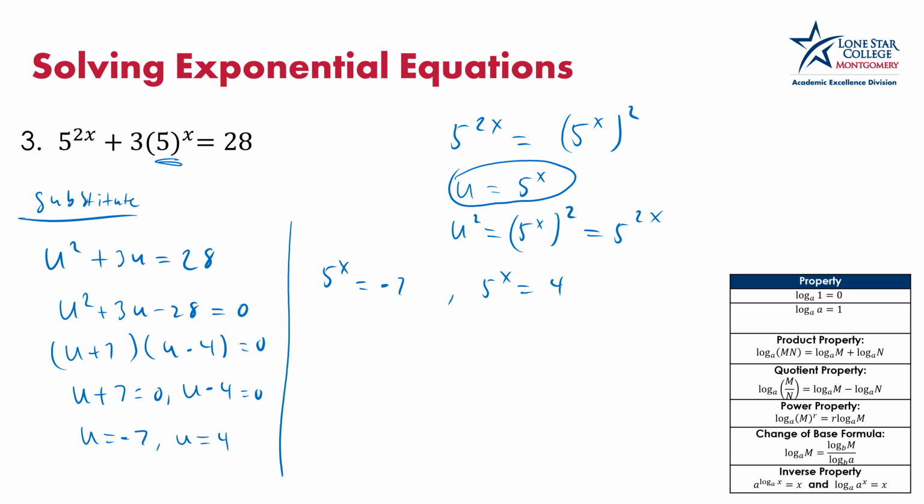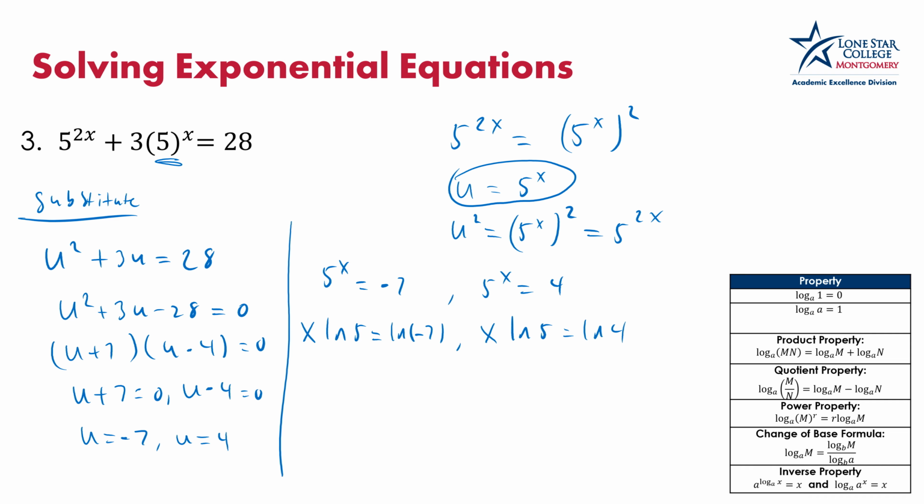Now our x is in the powers, so to bring them down, we apply a log to both sides. Let's say we apply ln on both sides of both equations. So that gives us x ln of 5 equals ln of negative 7. And do it on the other equation as well. We have x ln of 5